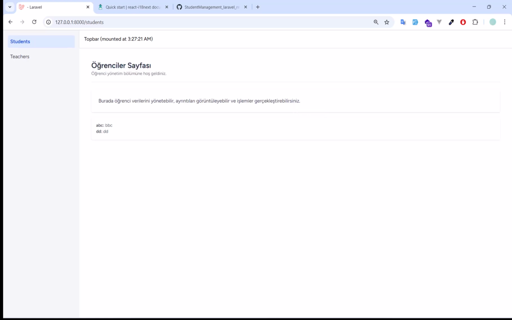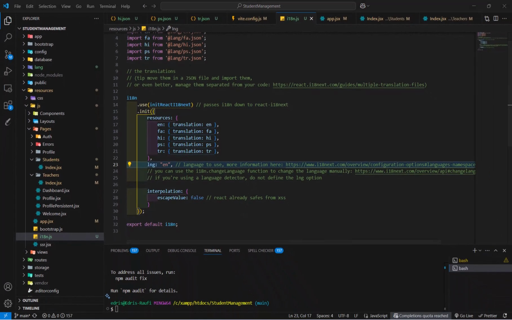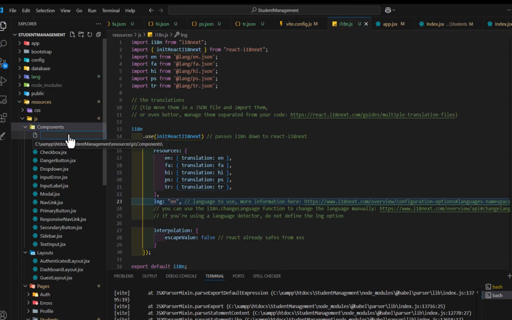So now we need a method to change this dynamically with a select option or with a function. We don't have to change it manually each time. The user should be able to change it from somewhere in our application. So for that, let's create a new component in here and call this LanguageSwitcher